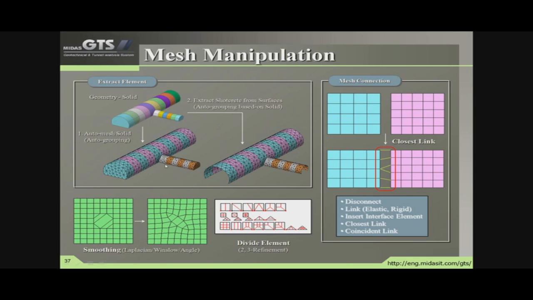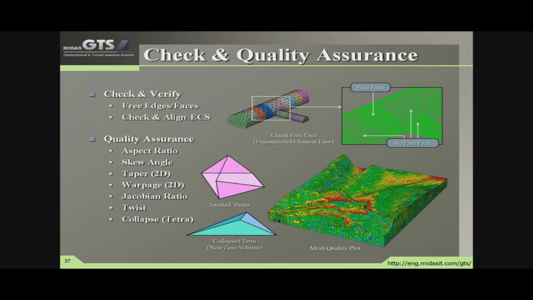This is again an example of the mesh manipulation. As you can see here, I created a solid, then I auto meshed the solid, and I extracted a fine layer of surface from the meshing. The function of this is that you don't need to create a different mesh for the shotcrete. Once you create the mesh for the tunnel lining, then you can extract the outer core of the tunnel and assign it the shotcrete properties, and in this way you can model the shotcrete easily.